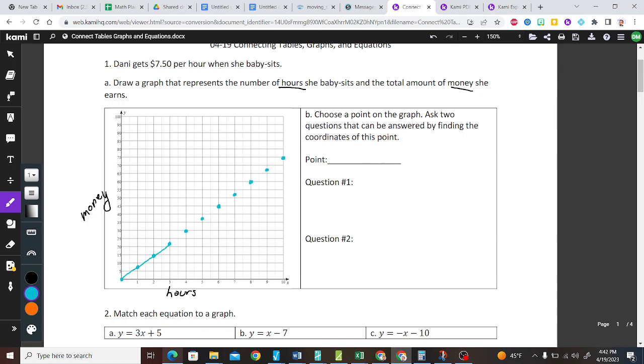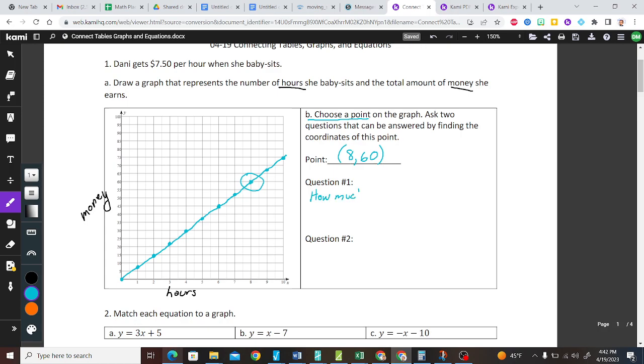So there is the graph of Danny's money earned per hour she babysits. It says choose a point. You can choose any point on the graph and ask two questions that can be answered by finding the coordinates of this point. So I will choose 8 and 60. So 8, 60. So what I can ask then is, how